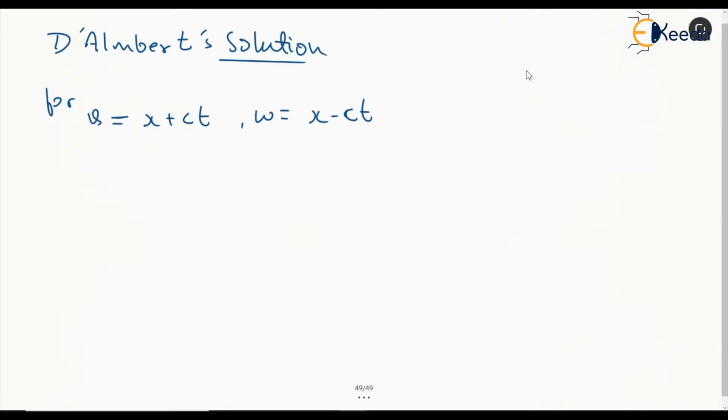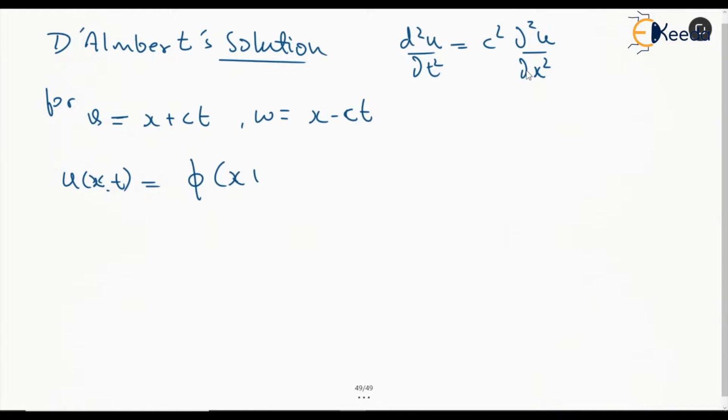For this wave equation, d2u by dt square is equal to c square times d2u by dx square, we have the solution u(x,t) as phi of x plus ct and psi of x minus ct, satisfying the condition